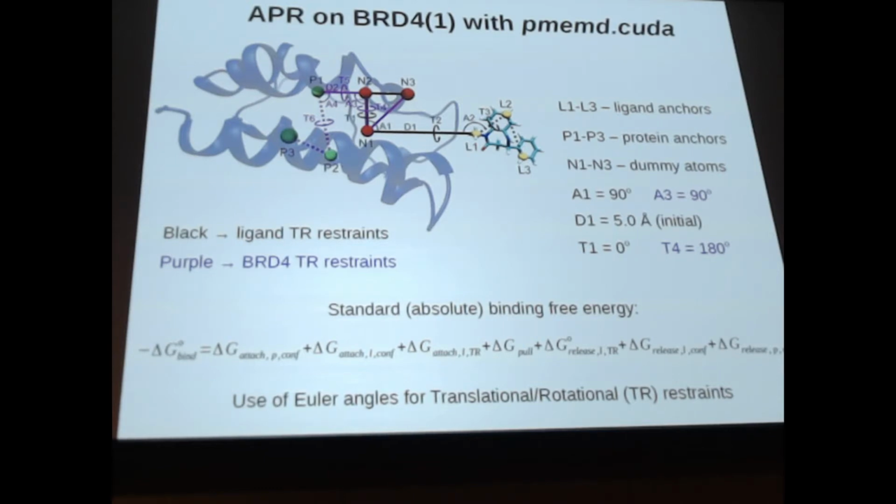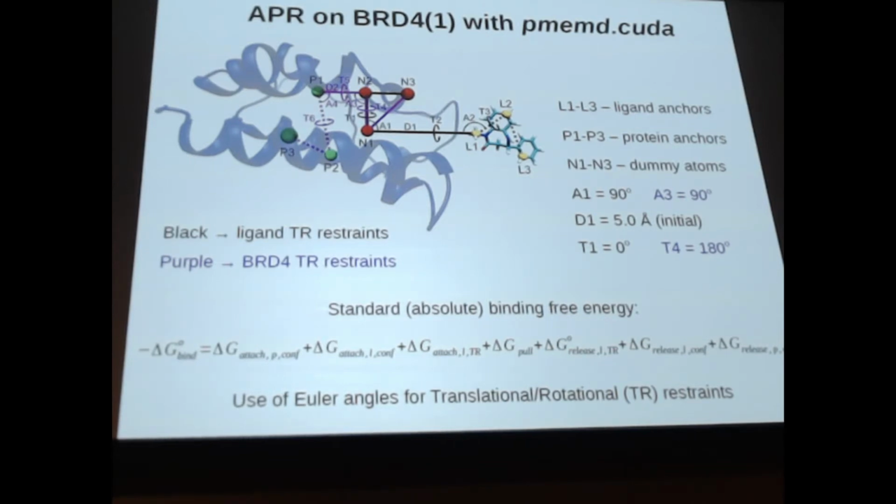This is the first bromodomain from the BRD4 protein. Since it's an absolute binding free energy calculation, you have to apply restraints. First, when in the binding site, you attach conformational restraints to the protein, then conformational restraints to the ligand, then translational and rotational restraints to the ligand. Then you pull it out, then you release the ligand translational and rotational restraints by solving an integral analytically